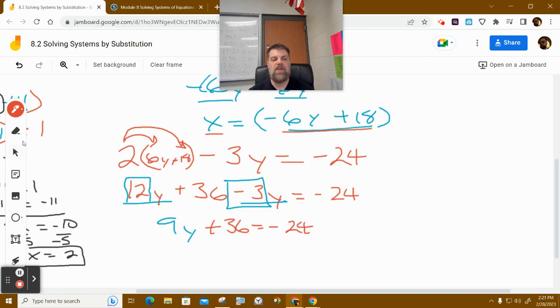Is Y by itself yet? No. So what do I move, the 9 or the 36? The 36. How do I do that? Yeah, minus 36 on both sides. Very good. These cancel, and I'm left with 9Y is equal to, what's 36 subtract